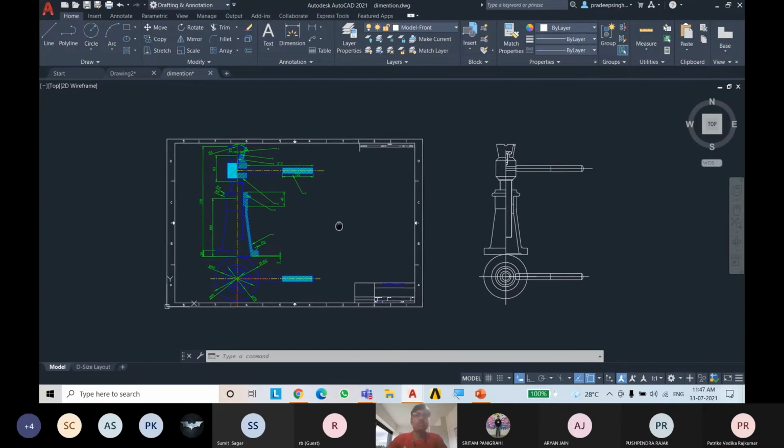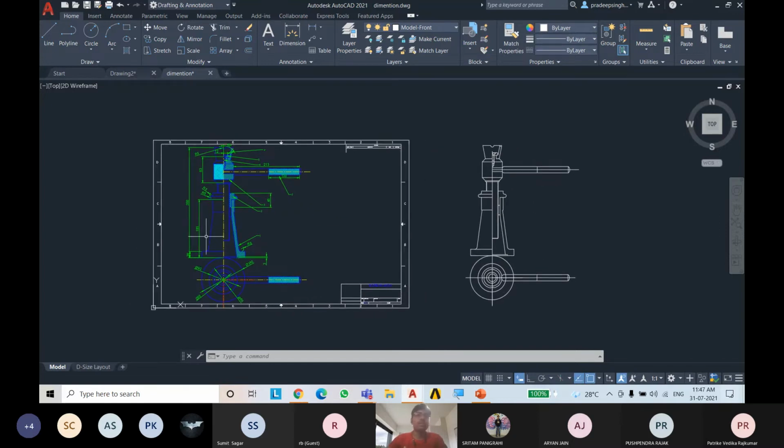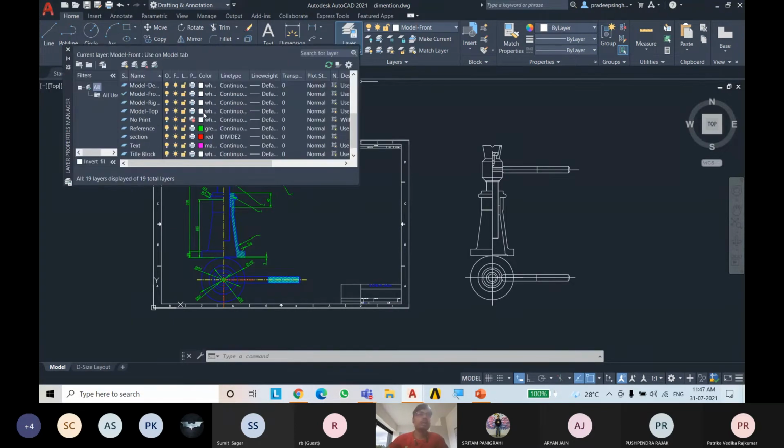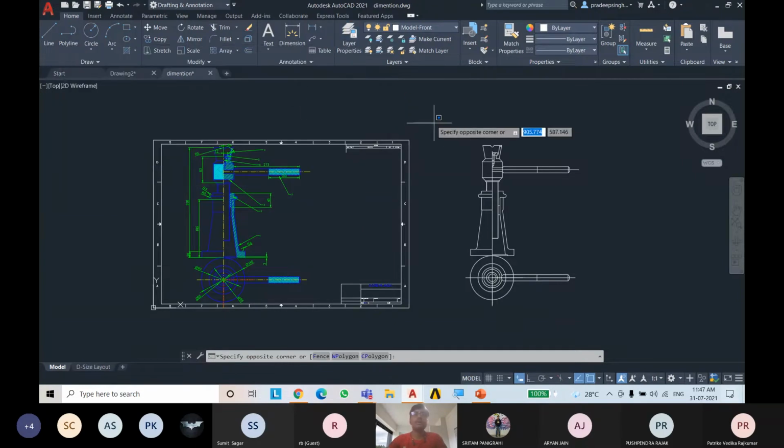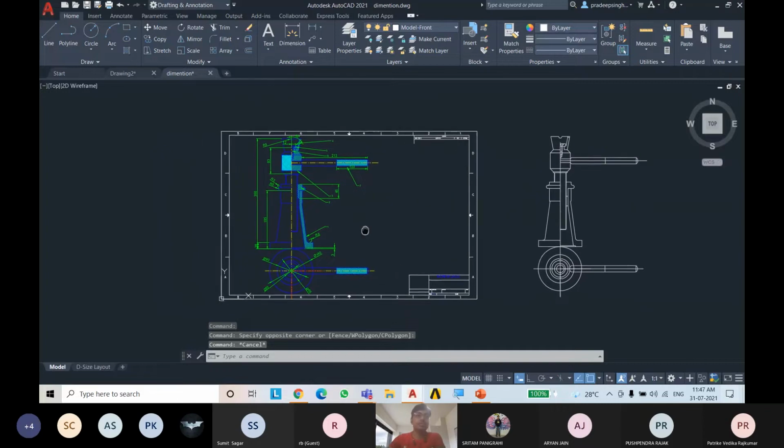So now, first of all, to do anything, we need to go to layer properties. I have already typed different layers. Layers are used to differentiate different types.